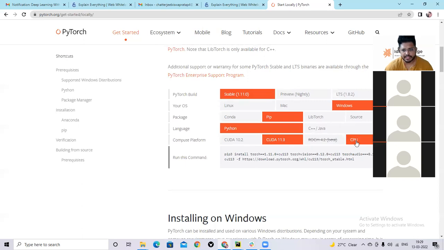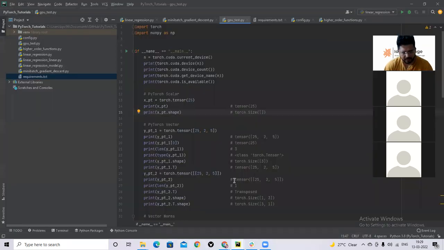So you have to select CPU in that case, and then use that command. If you have a GPU, you select that command instead. Then install it. It will take a little time, around 2 GB to download.